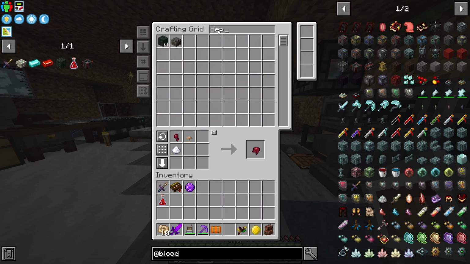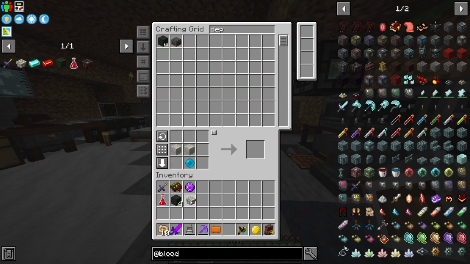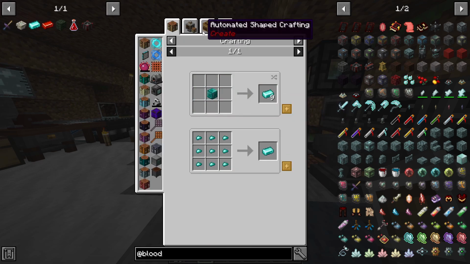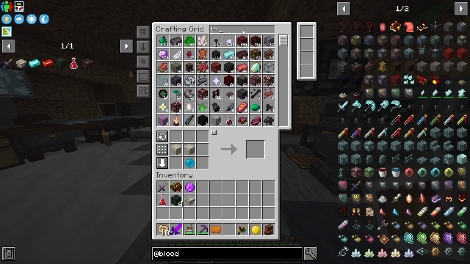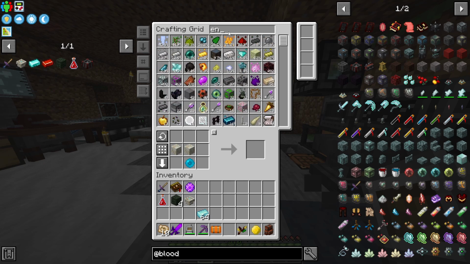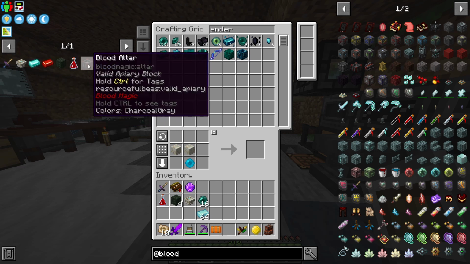We need the depth rock, which is 1, 2, 3, 4. We need a runic altar, which we've got. We're making those, and then we need this terminite, and I don't know if we've got any of it yet. We do not, so we've got to make some. Now I know we've got the talisman ingot, and then we need ender dust, which we do not have. So to make